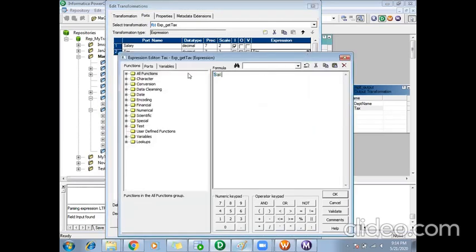I'll say salary, and assume I want to add 2% tax to the employee based on salary.